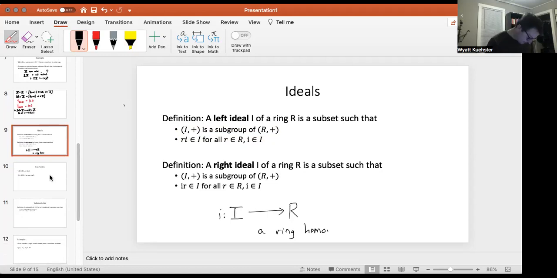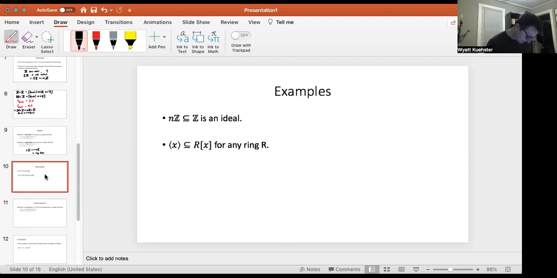Okay, so here we go. Let's do some examples of ideals. So now we actually do have real ideals of the integers. In fact, nZ is an ideal. We already showed that it was a subring. Well, we showed it for n equals 2, but it's easy for the other n. Why is it an ideal? Because n times m, let's say, where m is in Z, if I multiply this on the left by an element of the ring, which was Z,